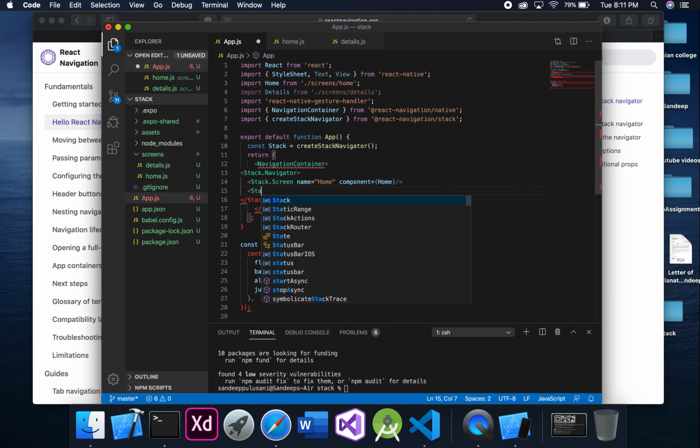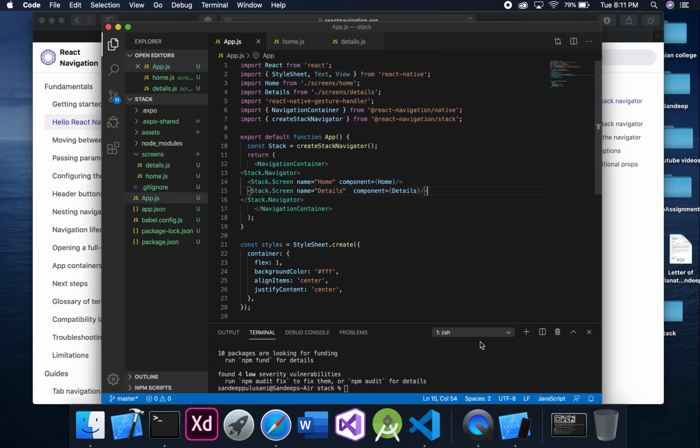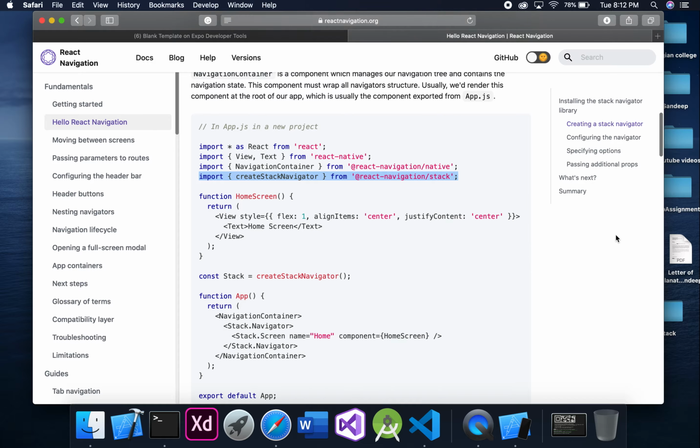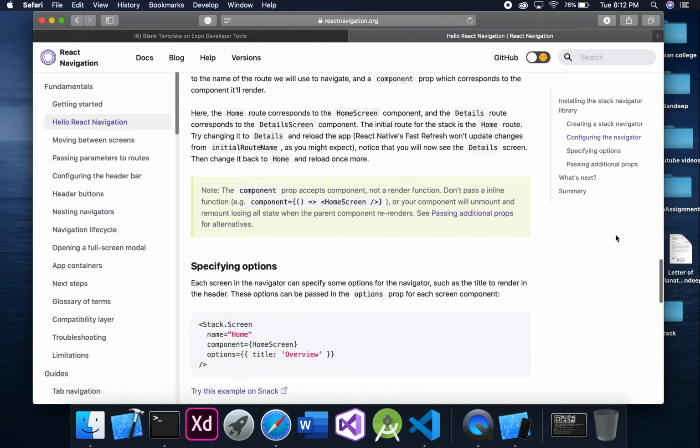Same like that I will create one more screen and name it details, and on click details it has to redirect to the details screen. That's it. If I save it, you can see the text has changed to home screen, and here the title is home. If you want to change the title of the screen, we have different options. If you go to the documentation page,